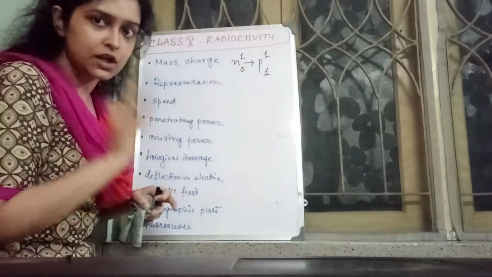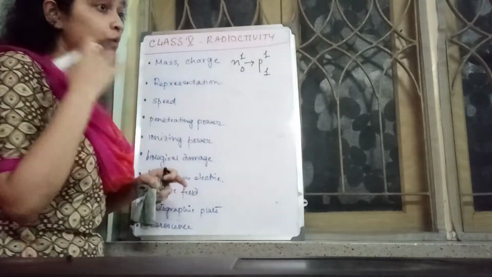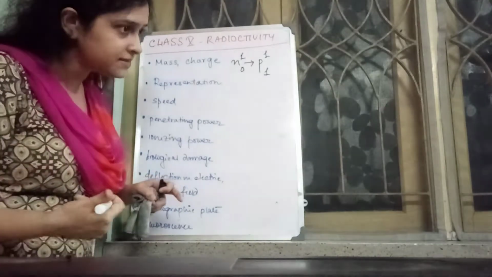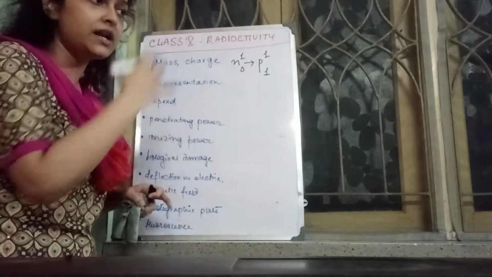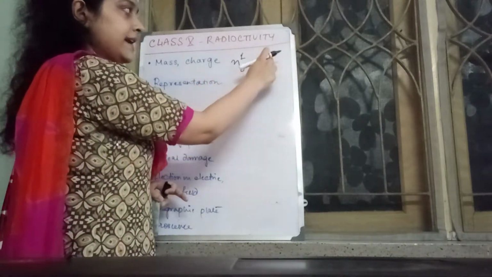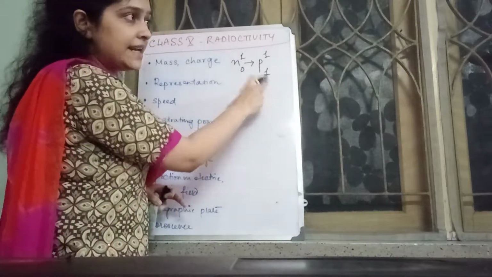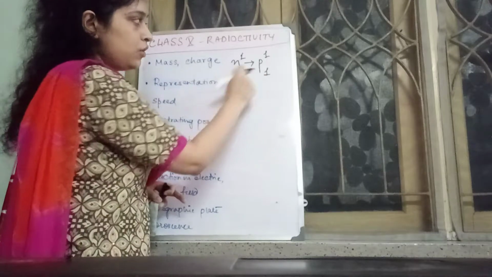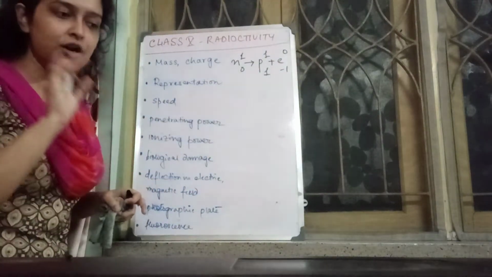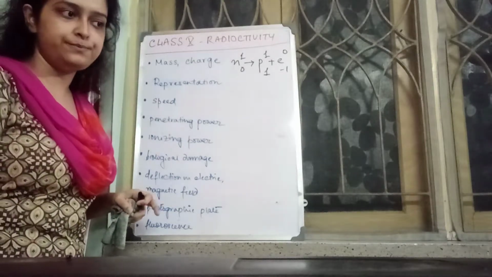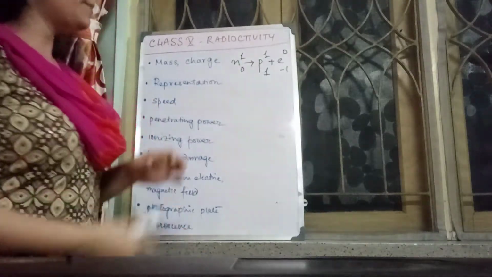Is this equation complete? No. It will be complete if I balance both sides. Why? In nuclear reactions, the mass number and atomic number remain conserved before and after. So if this is 1, here 1, fine, no problem with that. This is 0, this is 1. We need a -1 to make it 0. An electron is emitted. It cannot reside inside the nucleus, it's emitted out. This is the origin of the beta particle.